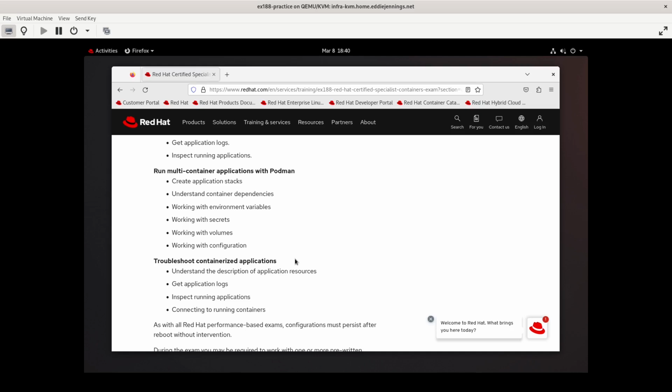I'm not aware of a mechanism within Podman that would have one container depend on another. There might be, and if I have some time for my last week of preparation, I might dig into that. But otherwise, the task of understanding dependencies is kind of an obvious thing. Let's say that you have some web application that needs to have a database backend. Well, if your web container is running and your database container isn't, that's a problem. When you're running them, you need to make sure that they're both